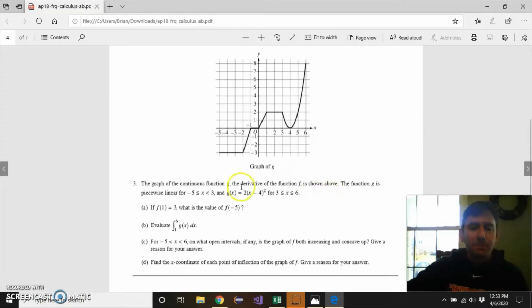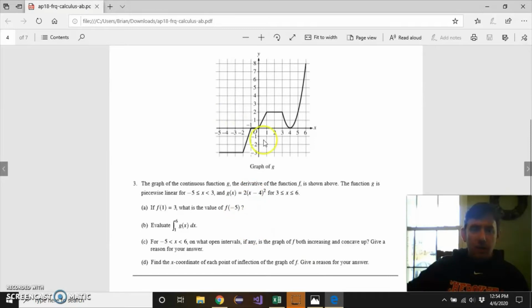All right. So we have a graph g that is the derivative of f. So we could have just called it f prime. The function g is a piecewise linear function between -5 and 3. They're just making sure we understand these are all straight lines and there's no funny business going on. And then we have a parabola that is the rest of it. Okay, so if f of 1 equals 3, what the heck is f of -5? Well,